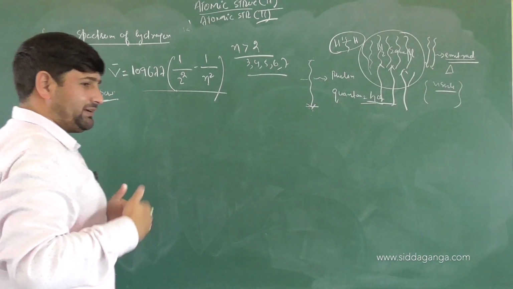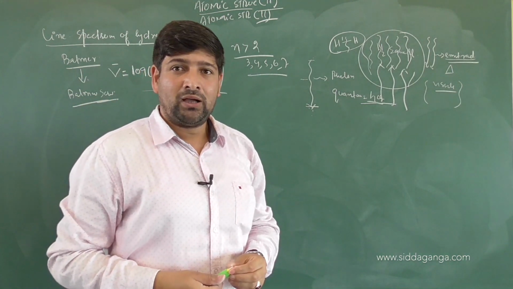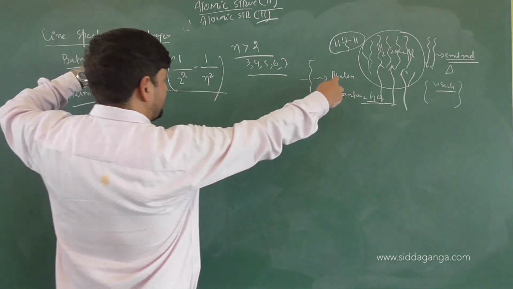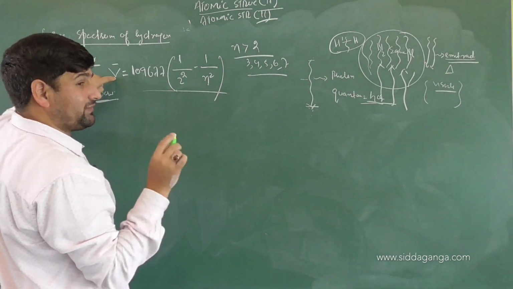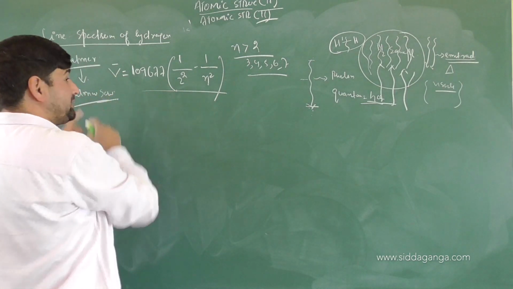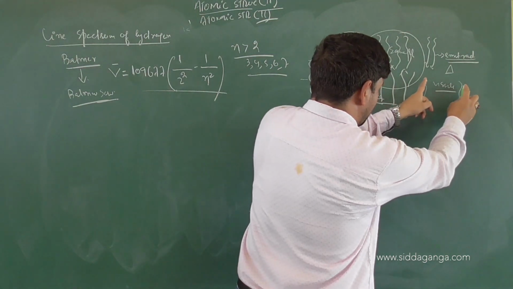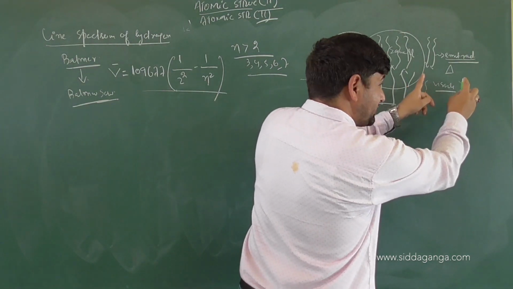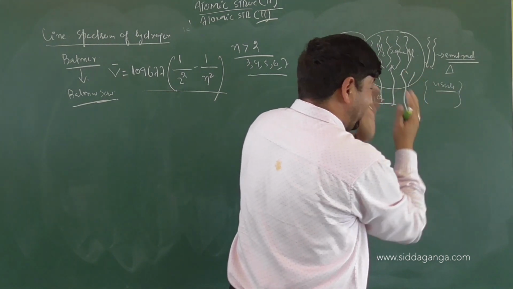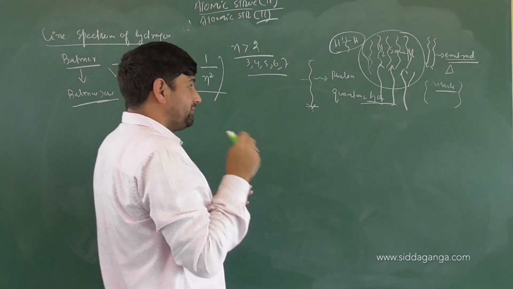And after that, there were many more people, many more scientists who worked on it, and it was found out that in order to find out the wave number of the emitted wave, there is a general equation which can be used. Not only do we have the Balmer series, meaning not only will we have the visible zone coming out of it, we may have different other electromagnetic series coming out from hydrogen,